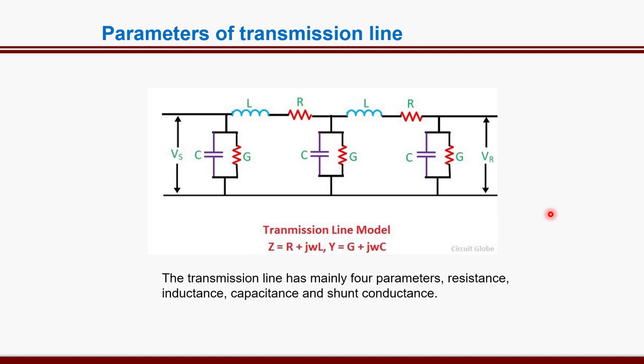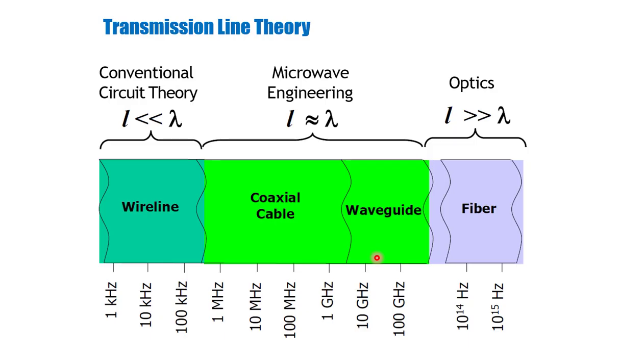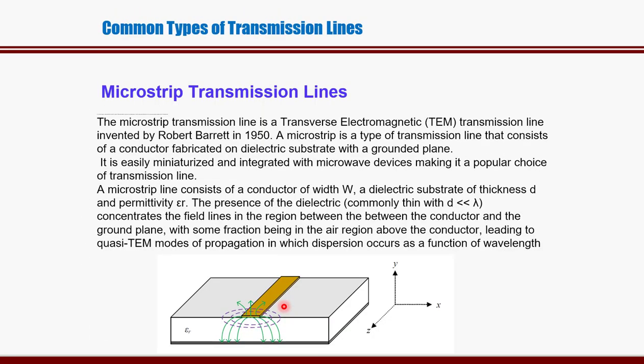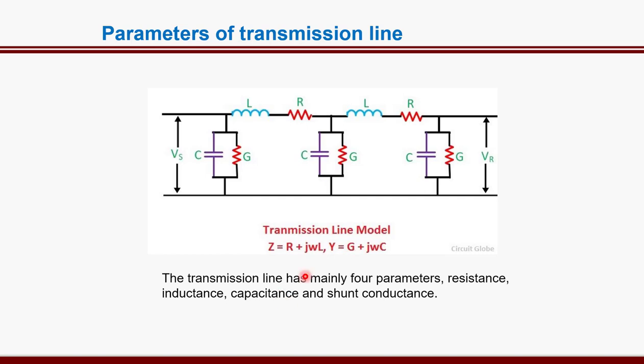Now we have seen that a simple transmission line is represented like this. But if you consider what the inputs or internal parameters of the transmission line are, whenever we take two wires and send some signal through them, does the signal propagate as it is from one end to another? No, sometimes it will not propagate as it is. Sometimes there will be some losses.